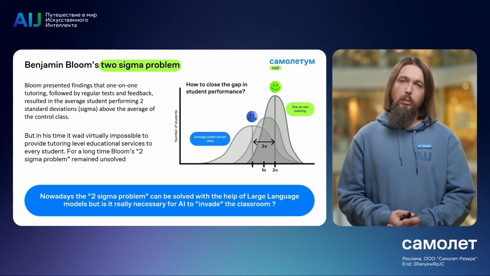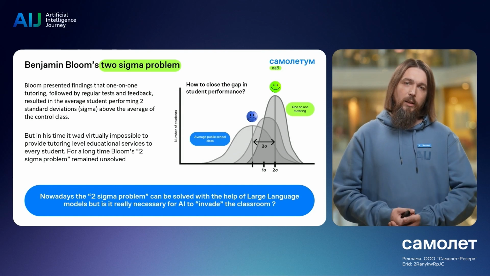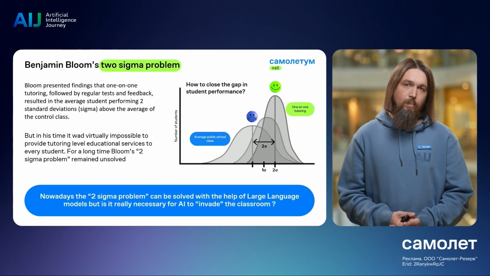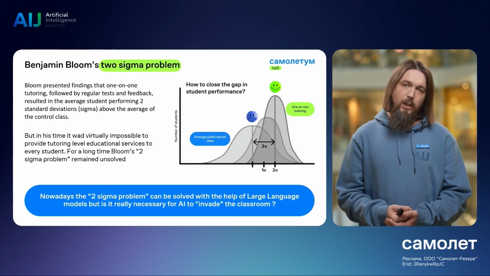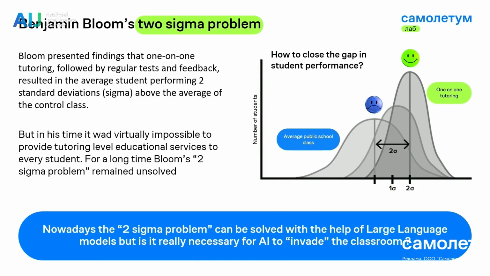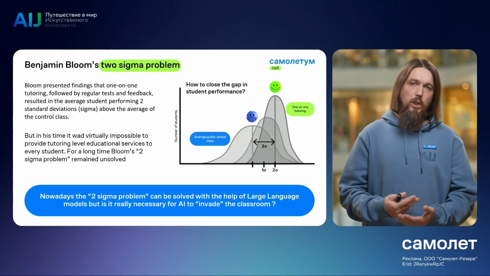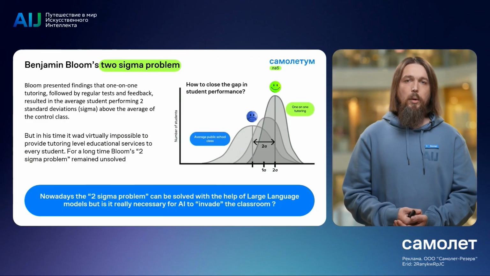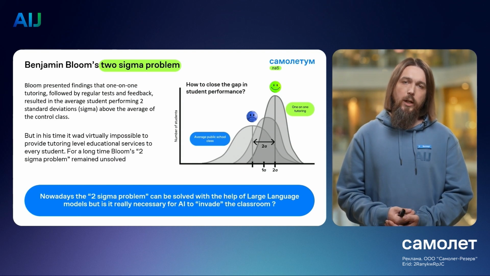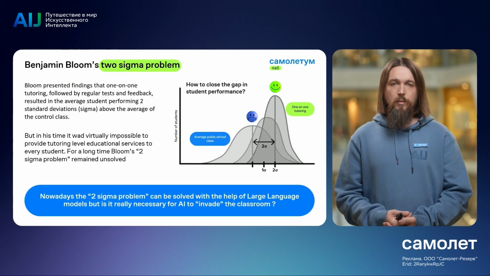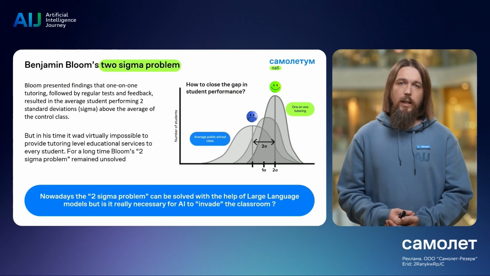Some time ago, Benjamin Bloom, a well-known educational methodologist, told everybody about the problem which became known as the problem of two sigmas. What kind of problem is that? When students attend standard classes and when individual tutors work with them, the lagging behind of ordinary children is two standard deviations in terms of results, comprehension and success. In Benjamin Bloom's time, that problem was not dealt with because within a class it was impossible to offer every student an equal amount of time.